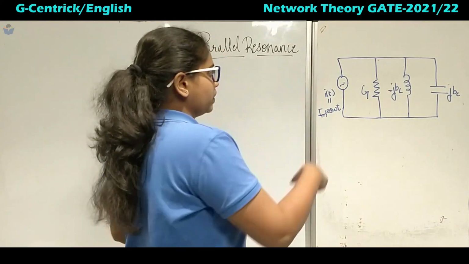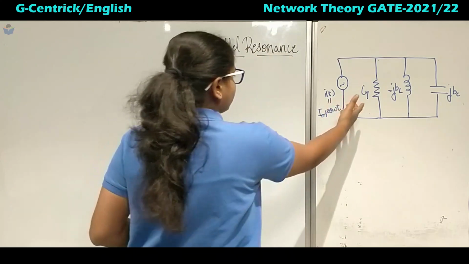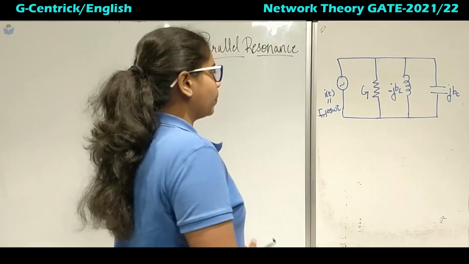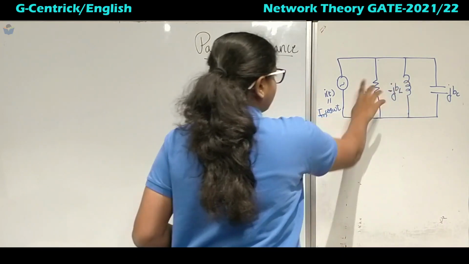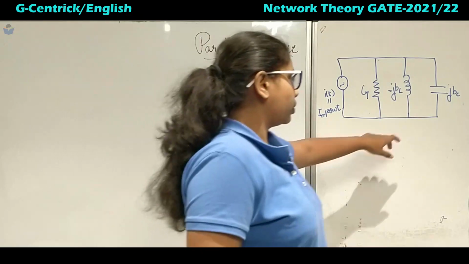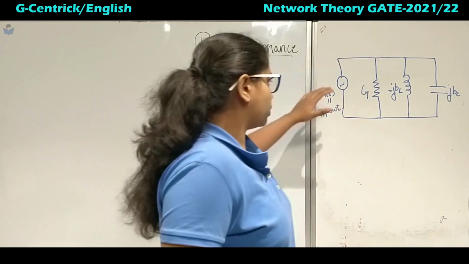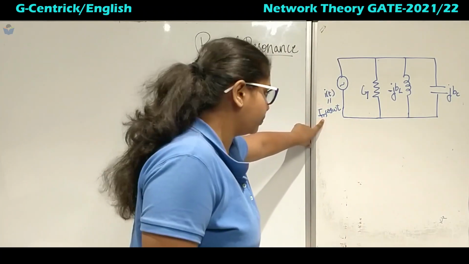Now in series we had taken R, L and C. So 1 by R is nothing but conductance, right? Here also, this is like susceptance. Which susceptance? It is inductive susceptance. BC will indicate capacitive susceptance. So this is the parallel network given with the current source Im cos omega t.